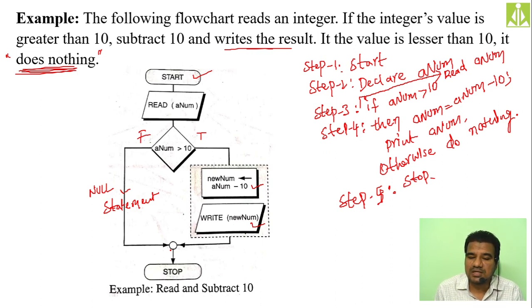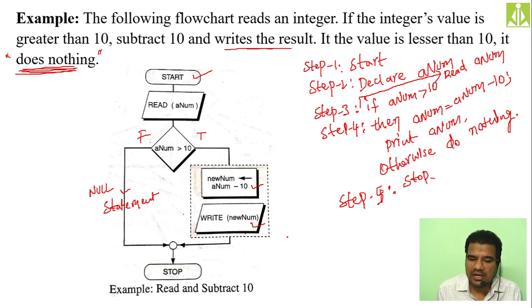Whenever we are saying start, we have to use the terminal. Whenever we are reading and writing, input and output, we need to use the parallelogram. Whenever we are going for a two-way selection, there will be a condition, and a statement based on a condition is a conditional statement, so definitely you have to use a rhombus. If you want to put more than one statement inside the control structure as a single statement, club those statements using a compound statement.